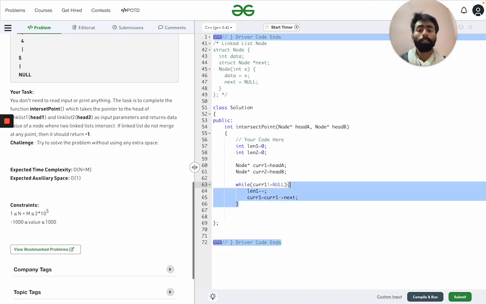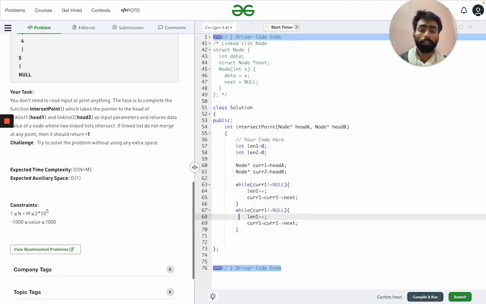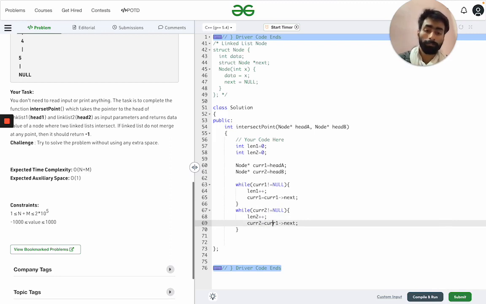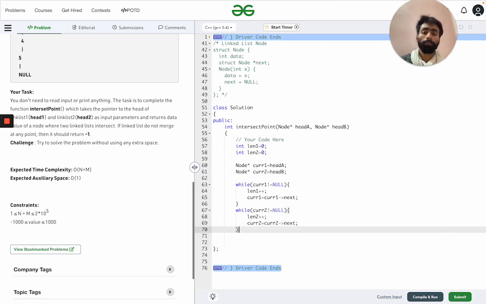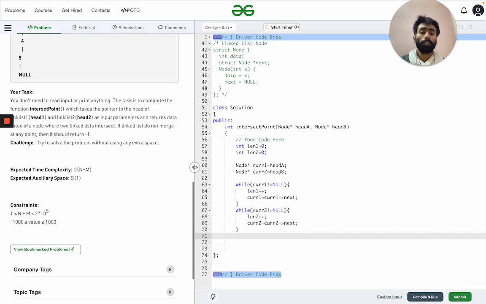And we will repeat the same for current 2 and length 2. So it will help us in obtaining the length of each.